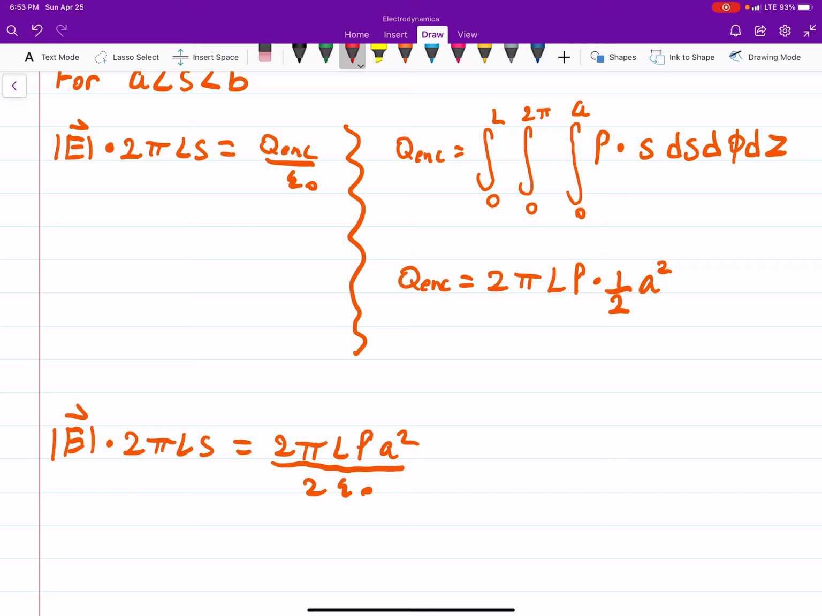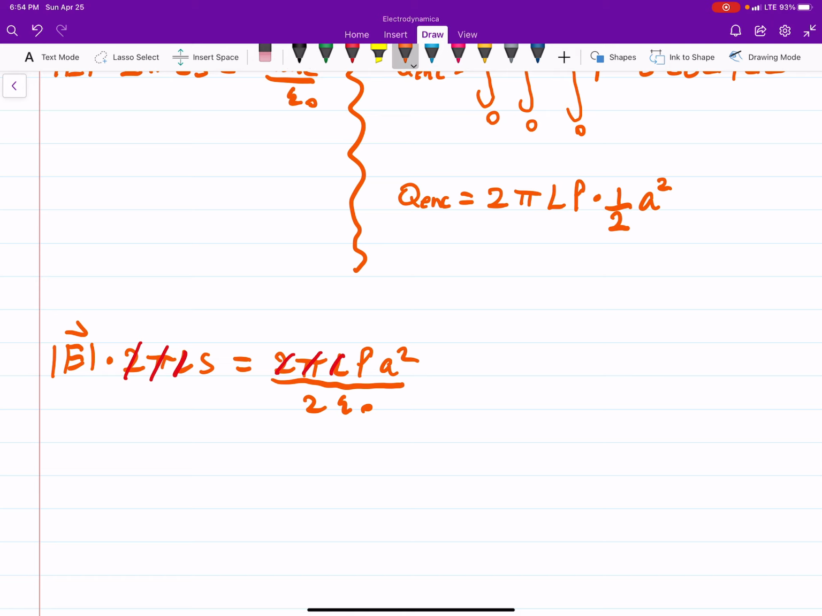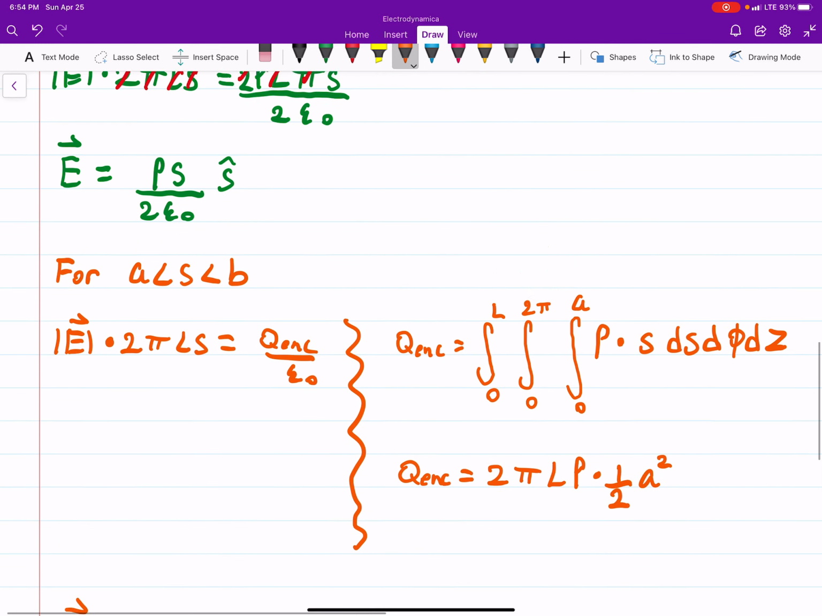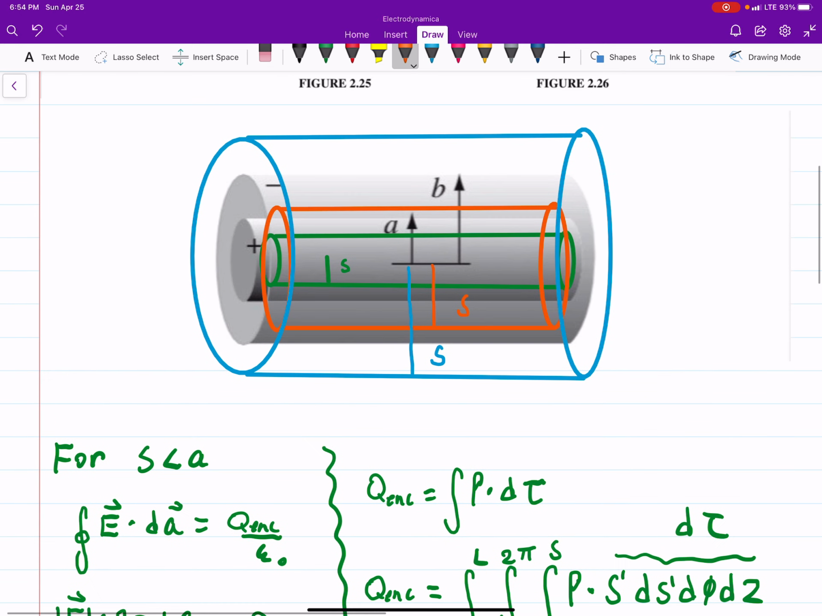Okay, so again, we can start canceling some of these terms. We can see the 2 pi's will drop. We can see that the L will drop. This time the L doesn't drop though, that's the big difference. And our electric field in this region will be rho a squared over 2 epsilon naught S in the S hat direction. So that is your electric field inside there,